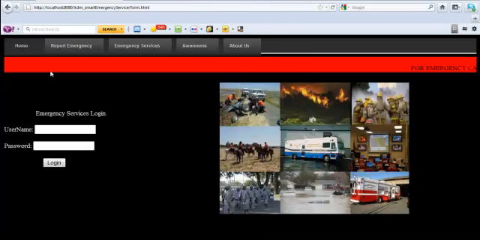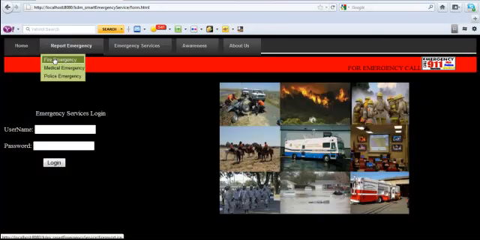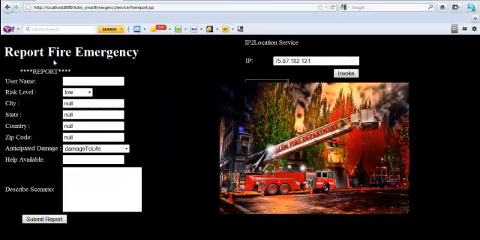Now, whenever a user wants to report an emergency, for example, if he wants to report a fire emergency, he will be redirected to the appropriate page, where the user has to enter the details like username, the risk level, the area of emergency, the anticipated damage, the help available, and the scenario at the risk-prone area. Now, instead of filling the area of emergency details, he can quickly use the IP to location service to fill the details automatically. And now he has to enter the username,